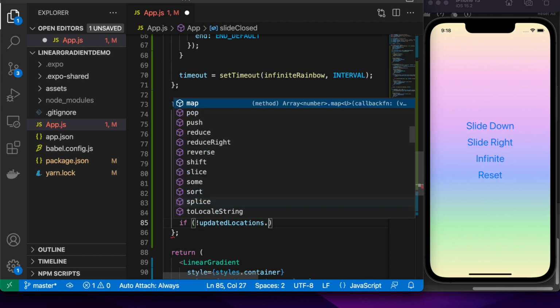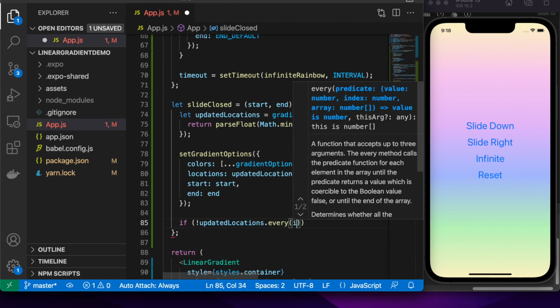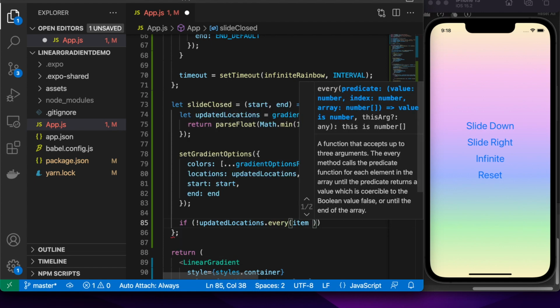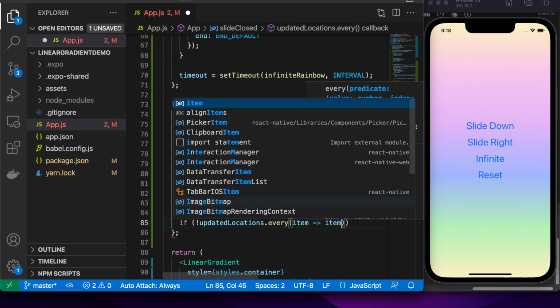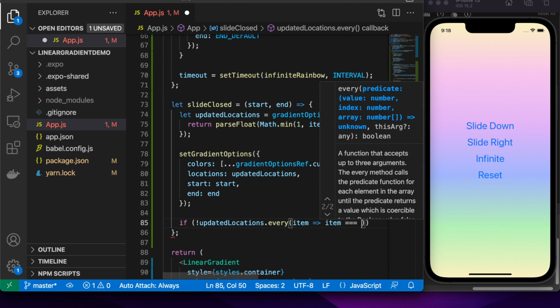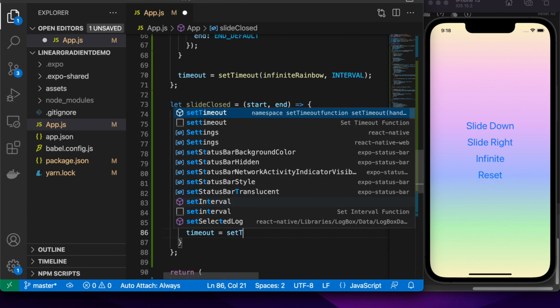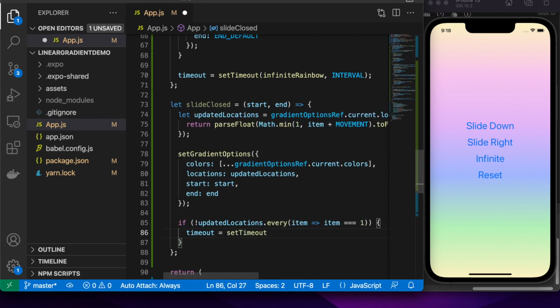And then I want to check if every item is equal to 1, then I want to stop my animation. So if every item is not equal to 1, then I want to keep going, just to continue sliding off the screen.